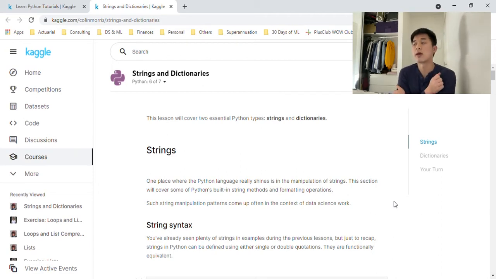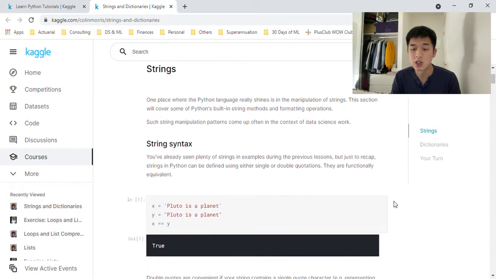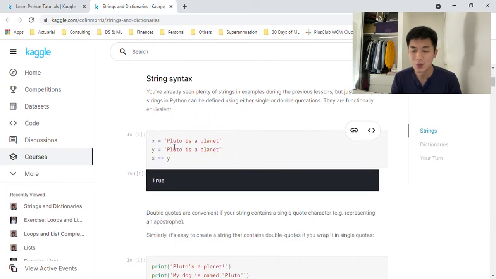A string is like a word or a sentence. How you would know it's a string is that in Python, and in many other programming languages, they'll use an inverted comma or double quotation. Here we see two examples, and these two are exactly the same thing. If we test if x is equal to y, it will return True because these two are the same. It doesn't really matter. I usually prefer to use single quotation marks,